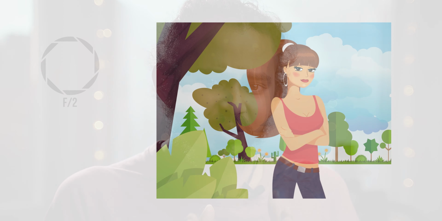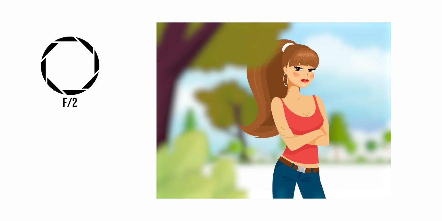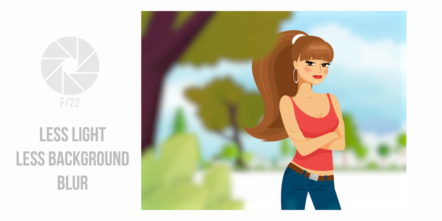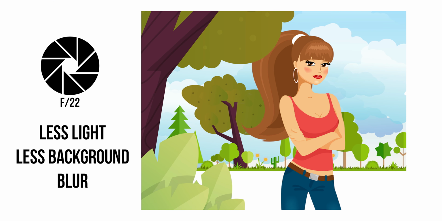If you have a small depth of field, that means only a small area is in focus, and therefore you get more background blur. Now, what is the relation between f numbers and background blur? A larger opening will not only allow more light into the camera, but also reduce the area in focus, so it will give you a blurred background. A smaller opening will not only reduce the amount of light, but also bring more foreground and background into focus. So, for example, you get more background blur if you are shooting at f2, and you get less background blur and more area in focus if you are shooting in f22.